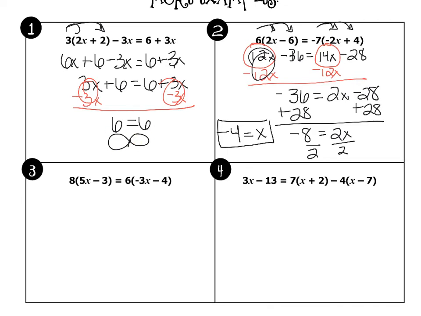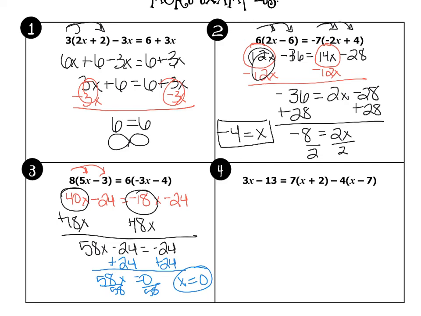All right, I want you to try number 3 on your own, and then hit play when you're done. For number 3, you should get a solution of x equals 0, and here is how. We're going to distribute the 8 and the 6 to both terms inside of the parentheses. That leaves you with 40x minus 24 on the left-hand side, negative 18x minus 24 on the right-hand side. Add 18x to both sides, and I get 58x minus 24 equals negative 24. Add my constants, and I get